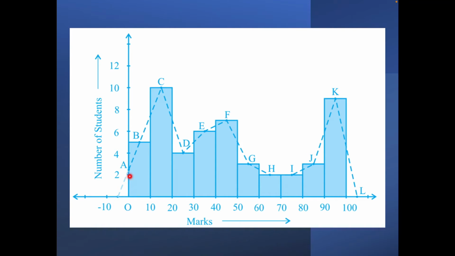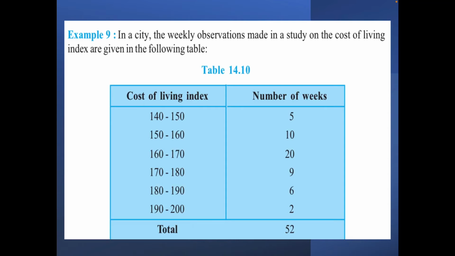And since y is 0 and the x coordinate is minus 5, that way also the point should be located here on the x-axis in the negative direction, right? Let's move to one more question, one more example.